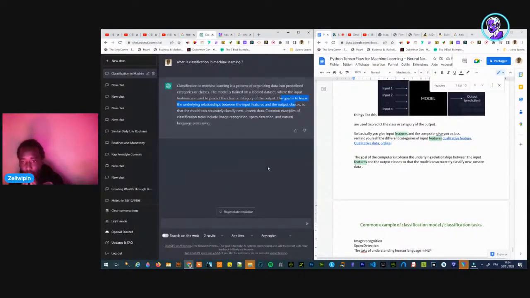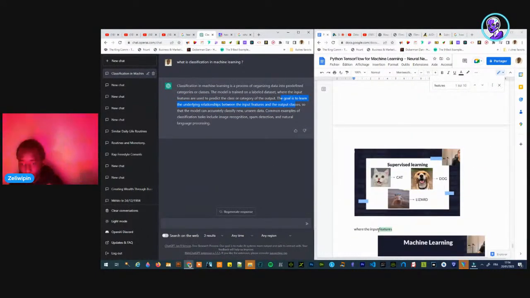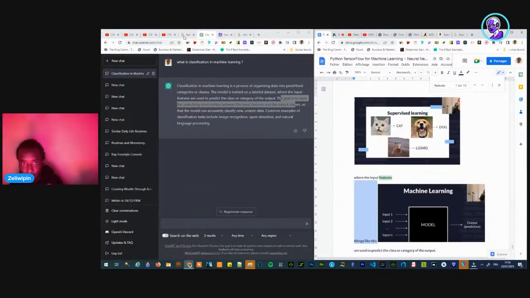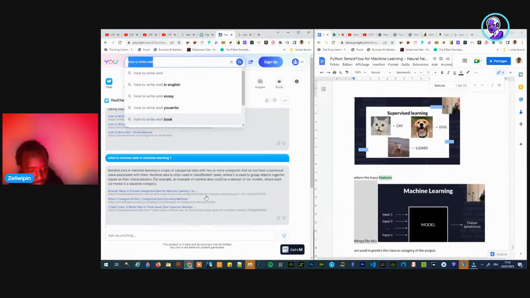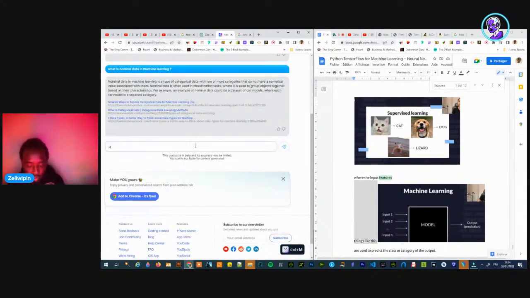The thing I want though is an example of a feature, an example of an input feature here. So I will go to you.com. Please give me an example of an input feature in machine learning.